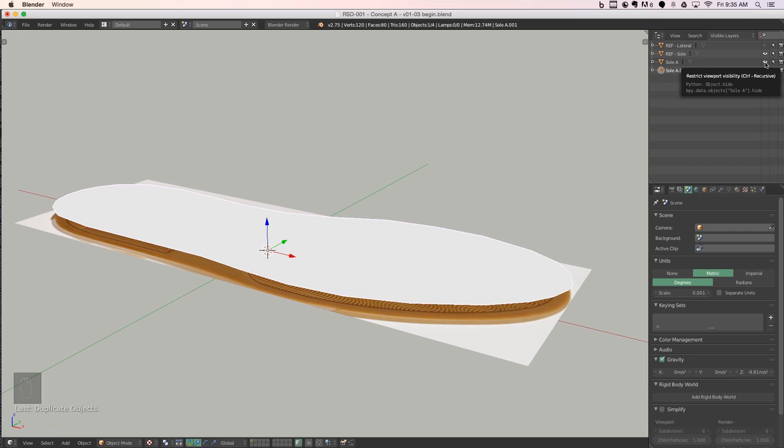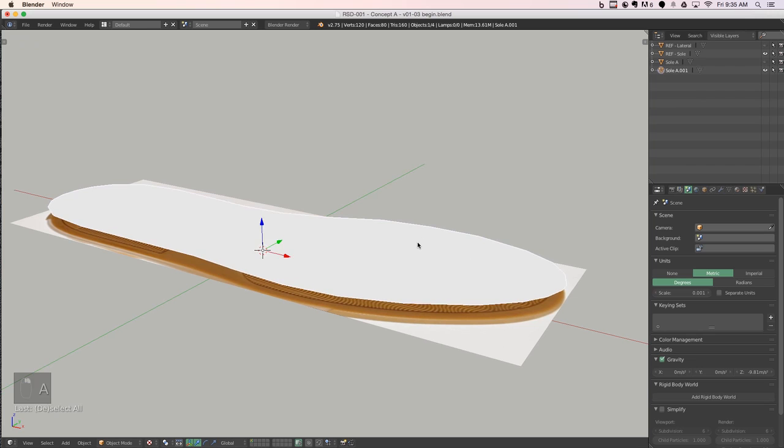So just click on the eyeball next to Sole A, and that'll hide the first one. We'll pick the other one, so maybe I'll call this Sole B. And maybe I'll say like curved. Yeah, sure. And Sole A we'll call flat. Alright. Okay, so if we pick that one,